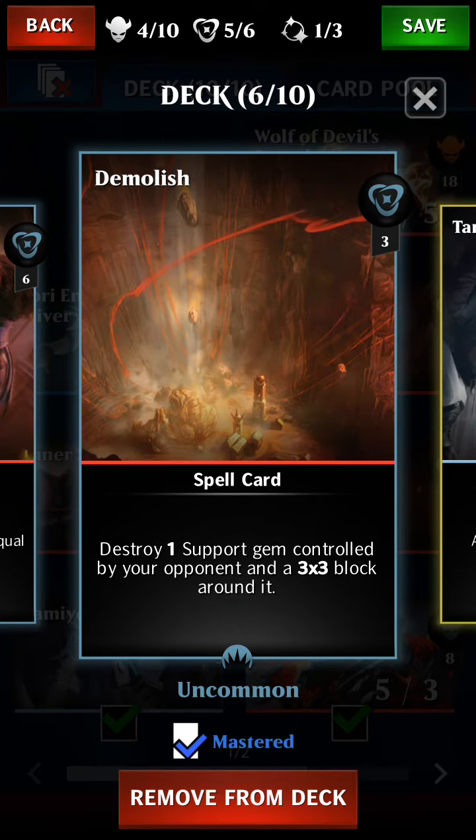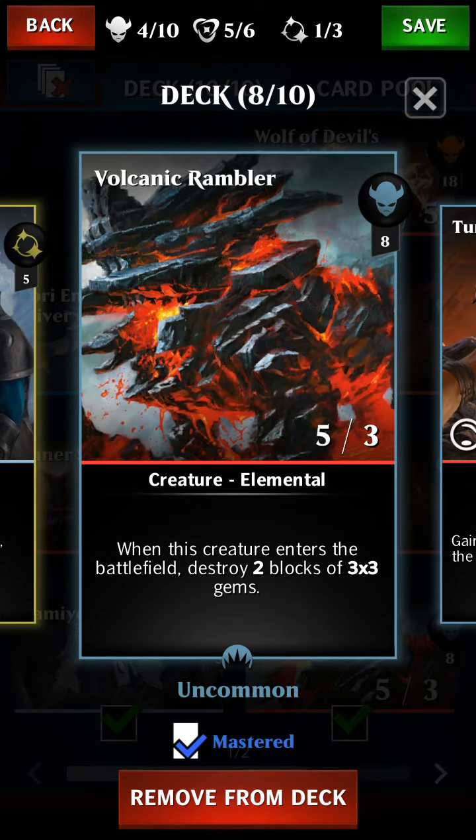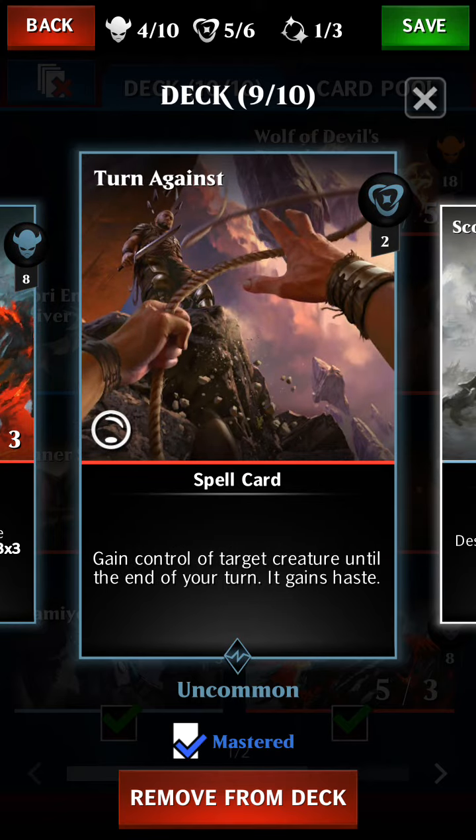And Demolish Red is the only one that has a good destroy support. Use it. The journal is good for just cycling cards through, because you are using in general more than you need. You are using more than 1 card a turn, so you need to get more cards out. This goes with what I'm about to talk about with